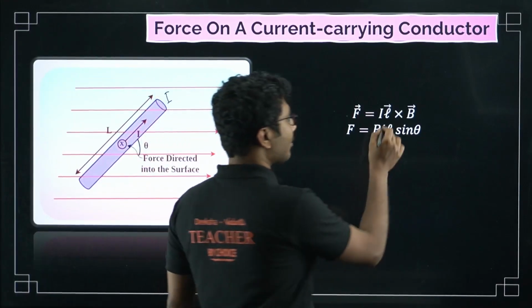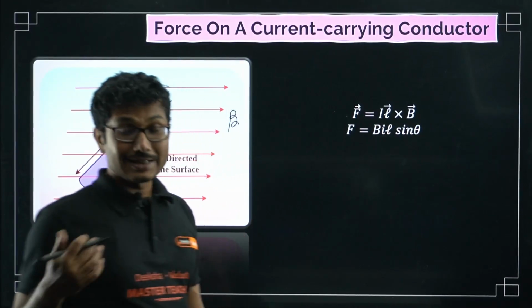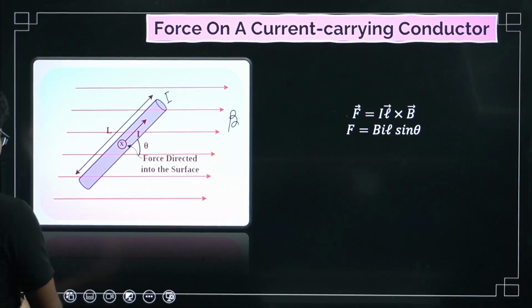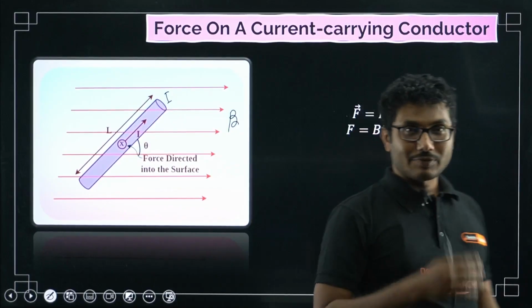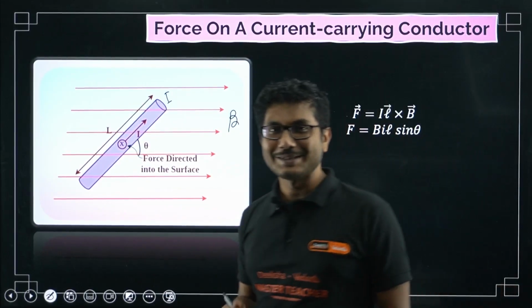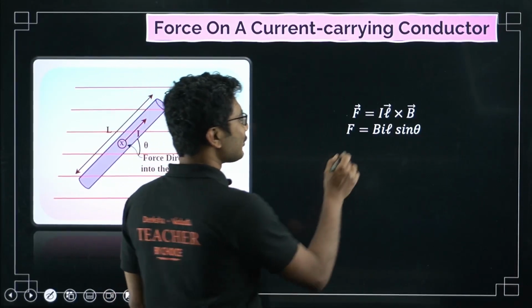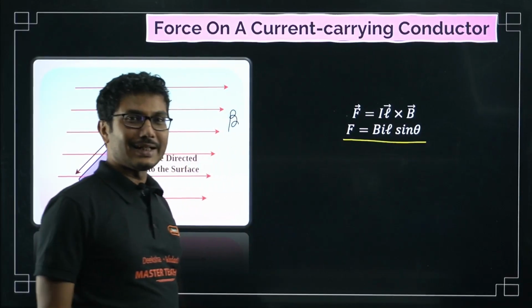Okay, so L cross B. Even though current is not a vector quantity, length L is a vector quantity, and we take the direction of length in the direction of current. Okay, so we have some alternating arrangement. So force on a current carrying conductor is BIL sine theta. You can